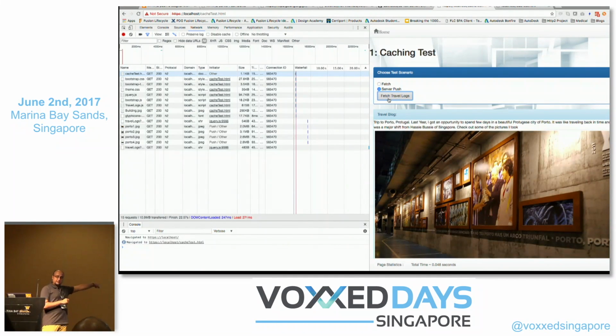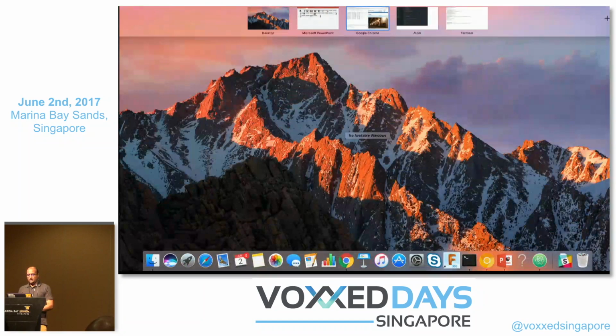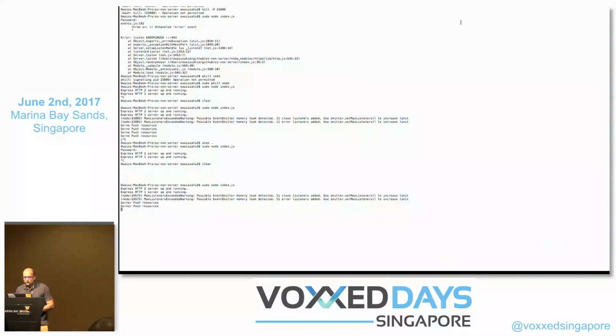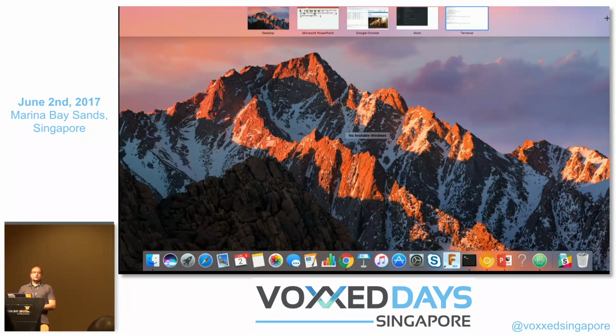Alright, it's just one call. Yeah, but behind the scenes, the server is actually trying to push the data again. The way I know is you can check the log. I did that the second time, and I'm logging it, so it's actually pushing the resources again. This is not ideal, not an optimal solution, because you are putting more data on the wire, which will eventually be discarded by the client.